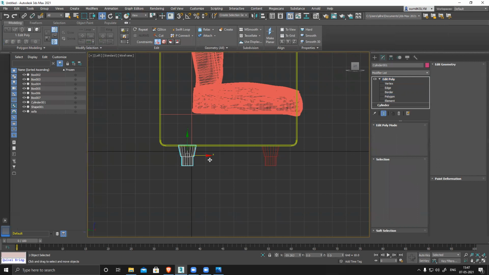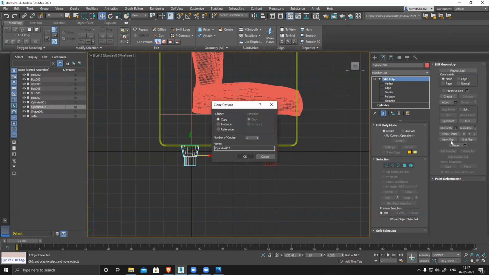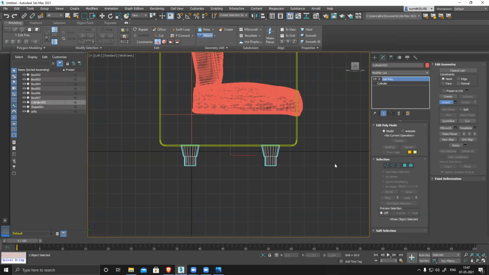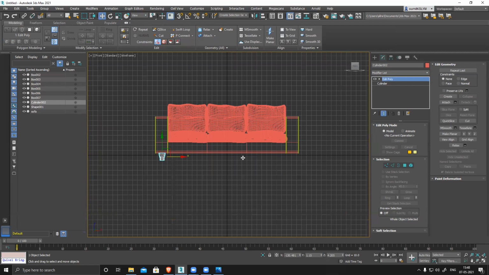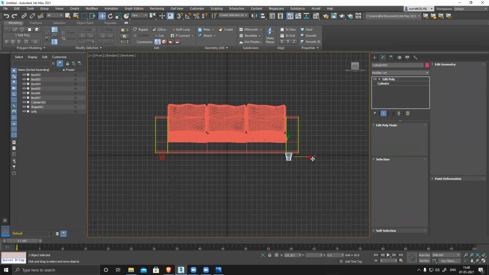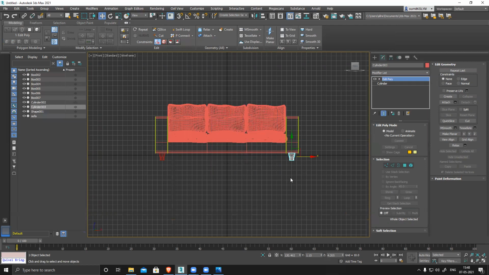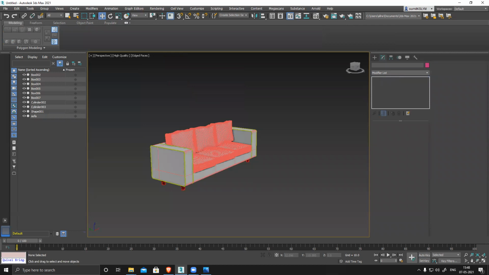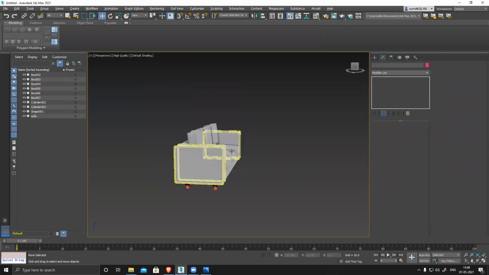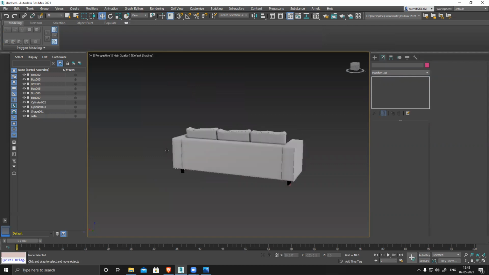Shift it, done. Attach with this, right click, front view, shift, done. And perspective, F4. You can see your sofa is ready.